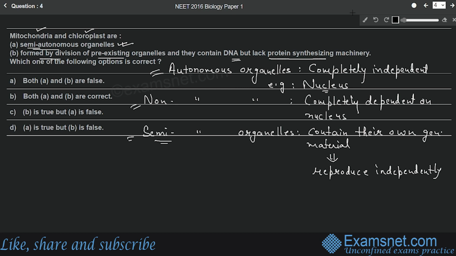Now let's talk about the second statement. It says that they are formed by division of pre-existing organelles. So this is the correct one. And they contain DNA but lack protein synthesizing machinery. Now, this is not correct because although they contain their own DNA, this part is correct, they don't lack protein synthesizing machinery because we know that the semi-autonomous organelles have single